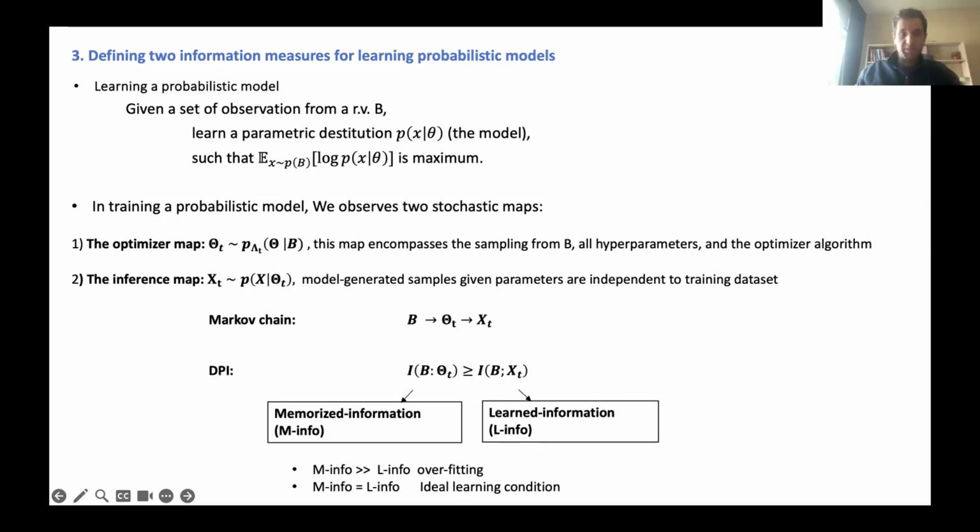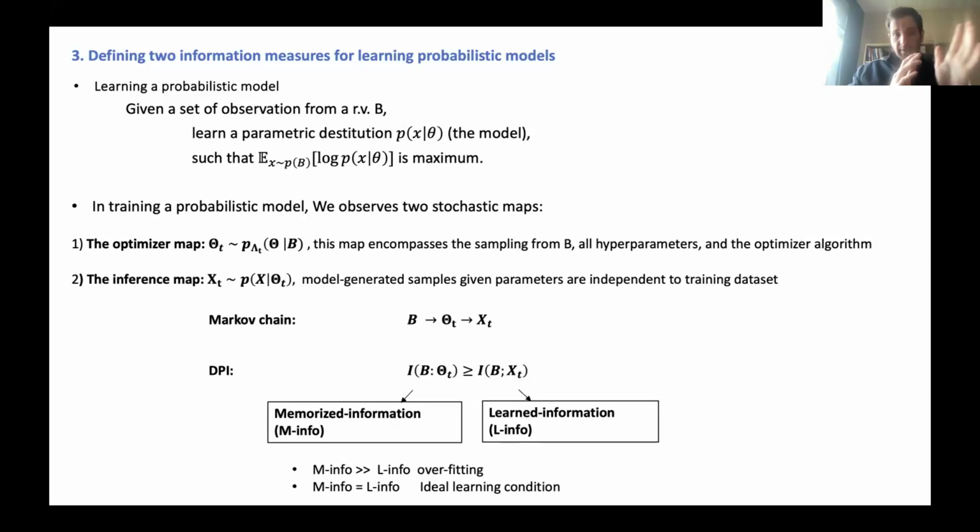Yeah. But please go on. We don't want to derail you. I will continue. I just want to add one thing. Here we can also talk about information of each layer. I don't have a slide here. It's a follow-up paper I'm going to publish. Hopefully, you can compute this mutual information between B and the theta corresponding to each layer. So this is also possible, similar to what Tishby did.